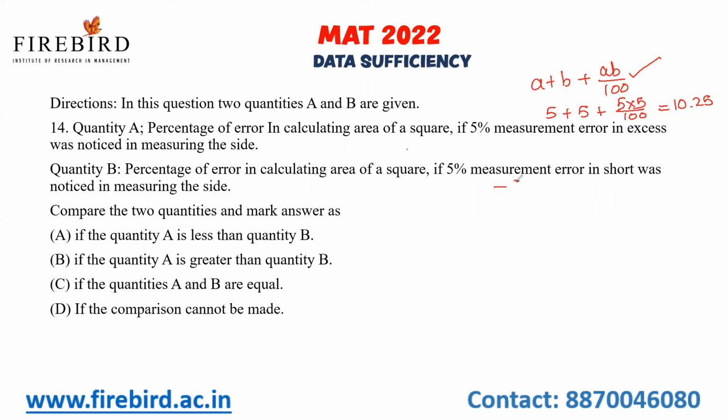And here minus 5 plus minus 5, because here it is a shortage, you should substitute minus 5. So you'll get minus 10 plus 0.25, minus 9.75%. Here it is decreased. So which is larger? Quantity A is greater than quantity B should be your answer. Okay, now